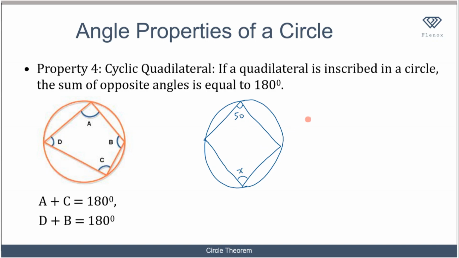So if I call here x, I know that it is equals to 180 degrees. So 50 plus x must be equals to 180 degrees. So x will be equals to 180 minus 50, and that's equals to 130 degrees. So the value of x here is 130 degrees. To recap, for opposite angles in a cyclic quadrilateral, the sum of it must be equals to